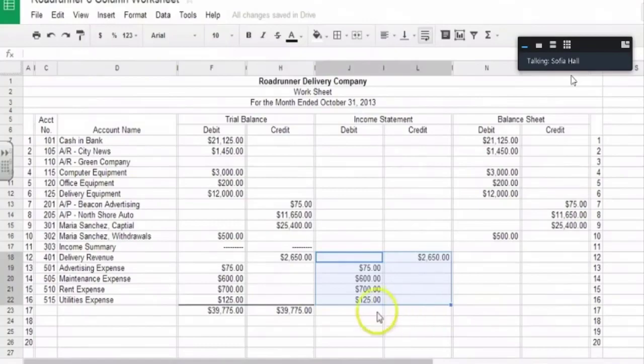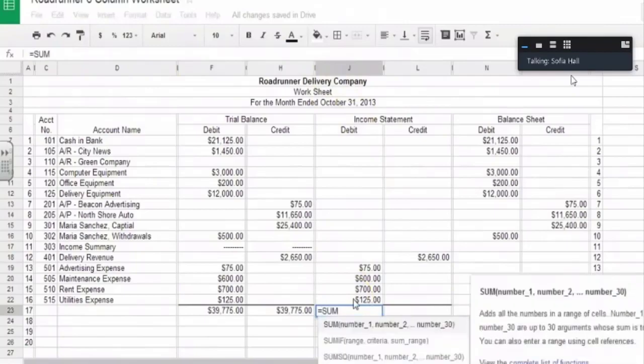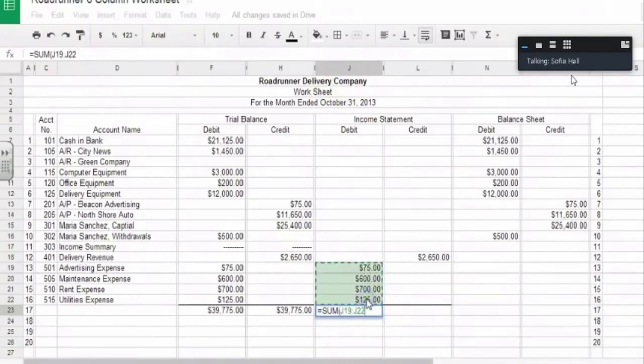So, if we add up, I'm just going to use a formula, okay? And I'm going to use this same formula that I used over here, the sum of H7 to H22. And I'm going to use something similar over here. Now I am in column J, so I'm going to do equal sign, sum, open parentheses, and I'm going to add these four together, okay? That way, if any of these change, if I notice that there is an error, it will automatically change this number. So right now, I have $1,500 worth of expenses.